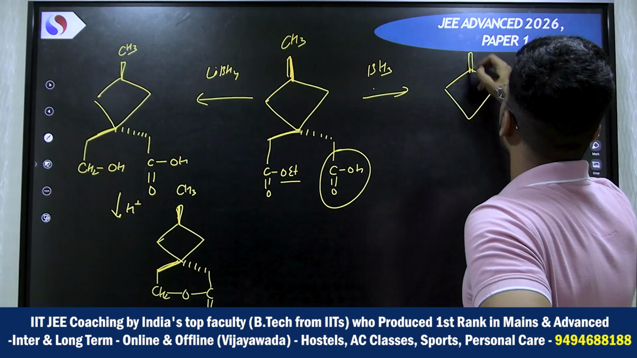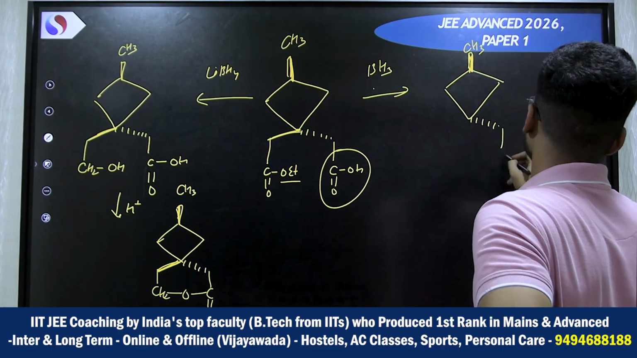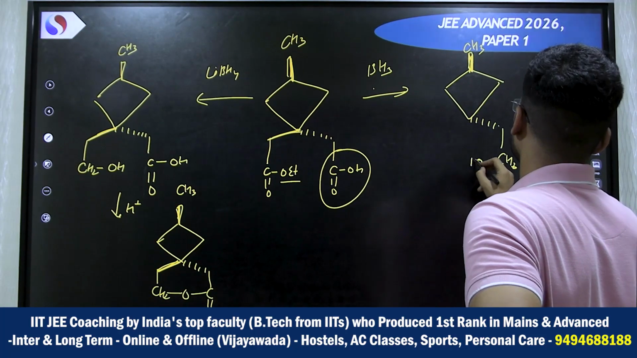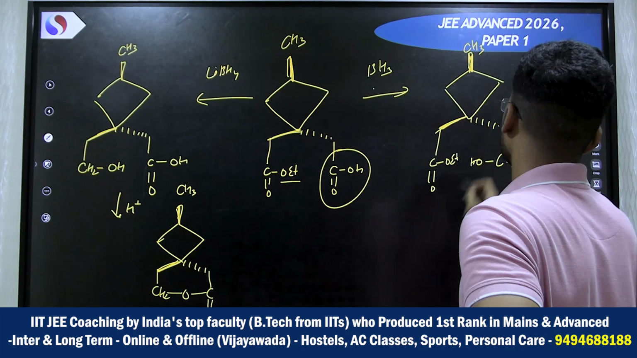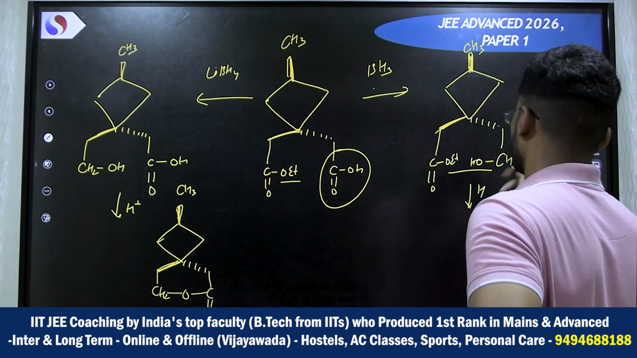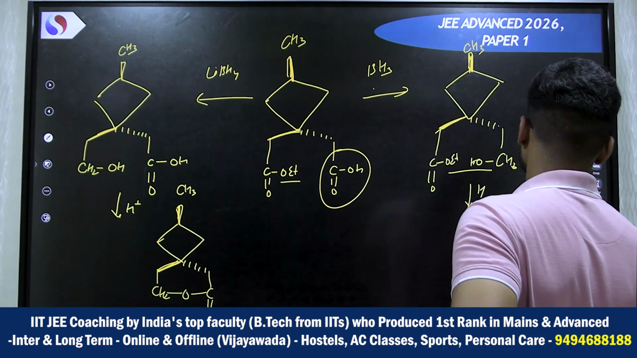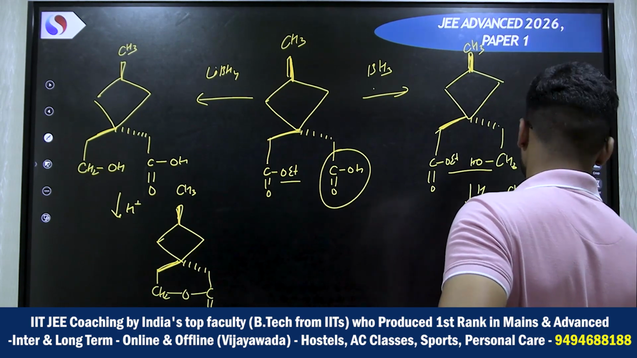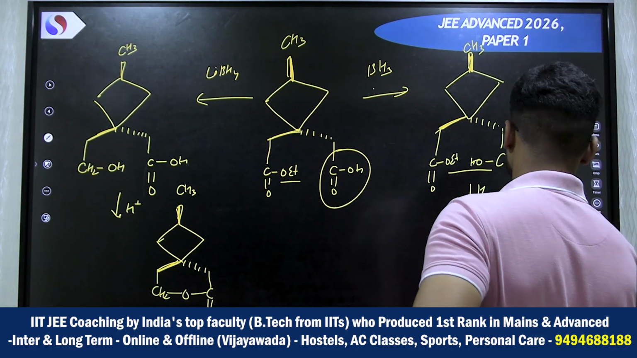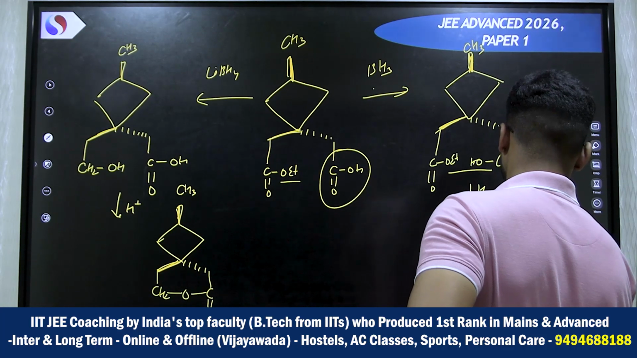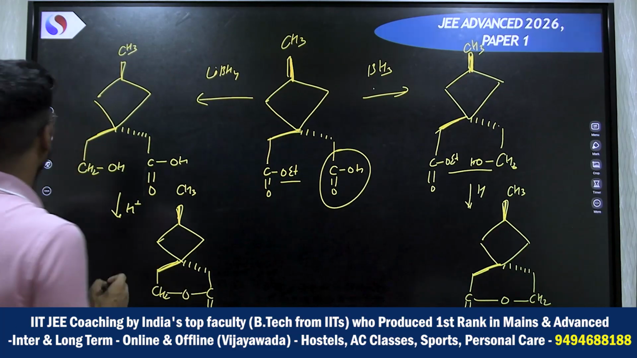Once again, this is CH3. This will be converted into OH. This will remain as ester. Further, if you are adding acid, this alcohol will be removed and it will give you CH3, CH2, C double bond O and ester. So again, if you can see here,